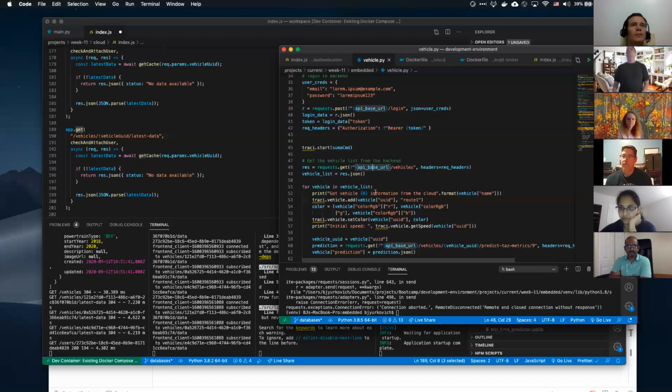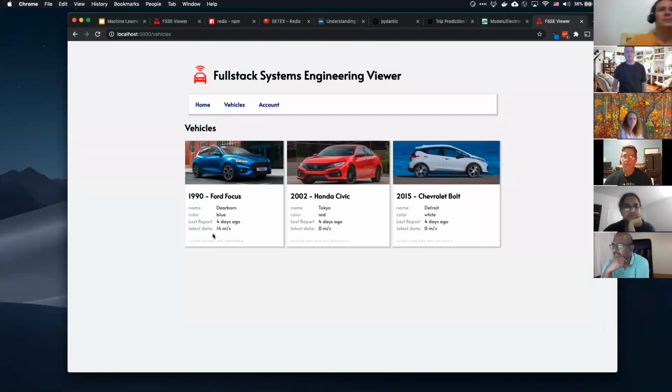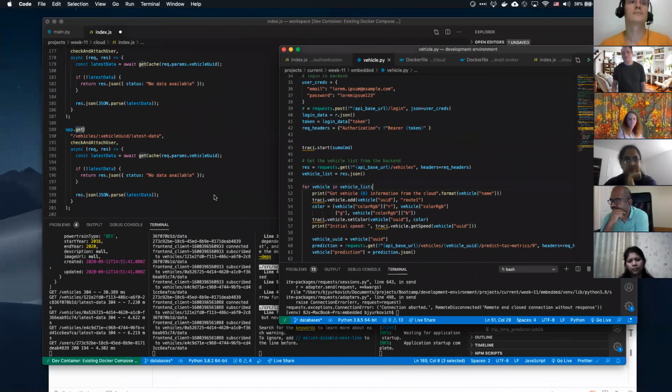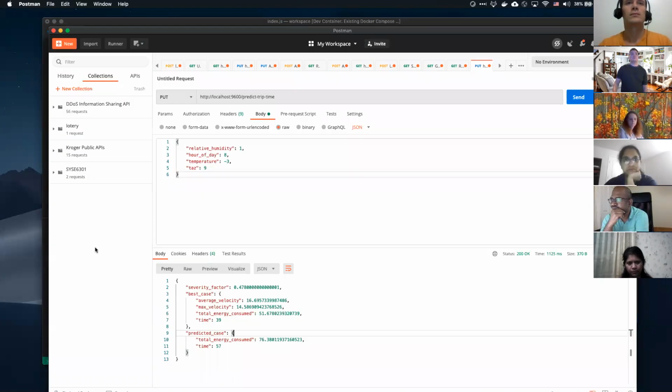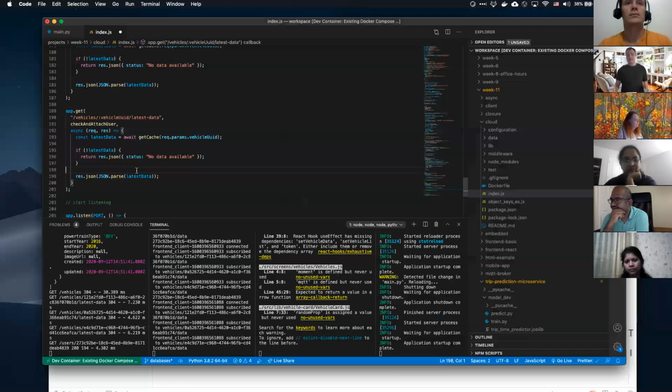So from that perspective, let's do that. What do we need to make that happen? The vehicle will just need to get the prediction, more about the energy consumption. And on the other side, the client side needs to just be able to display a predicted time, right? So relatively straightforward. What we need to do then is basically broker through this prediction microservice here. And we need to do it based on a vehicle.